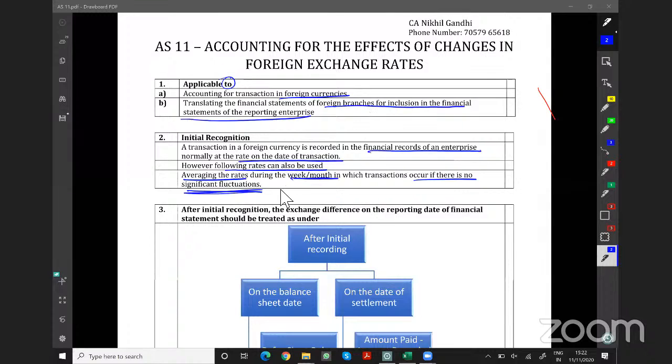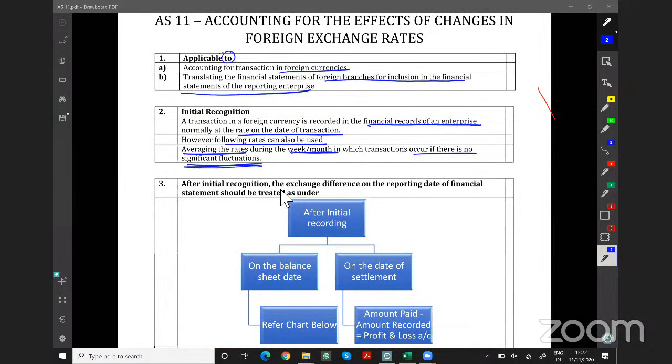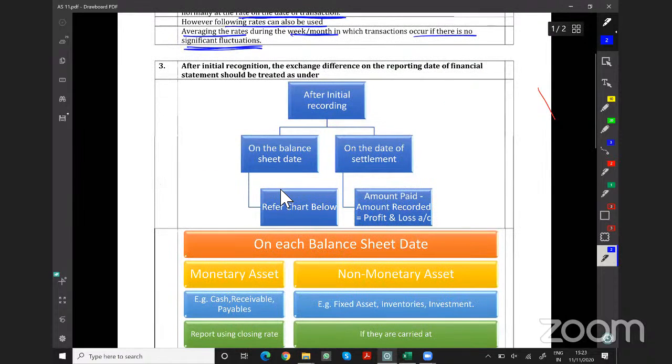So, applicable to foreign currency, if the transactions are in foreign currency and if the branch is a foreign branch. The rate used at the time of initial recognition, please remember, should be the rate on the date of transaction. But you can use the average rate if there is no fluctuation. After initial recognition, the exchange difference on the reporting date of financial statement should be treated as